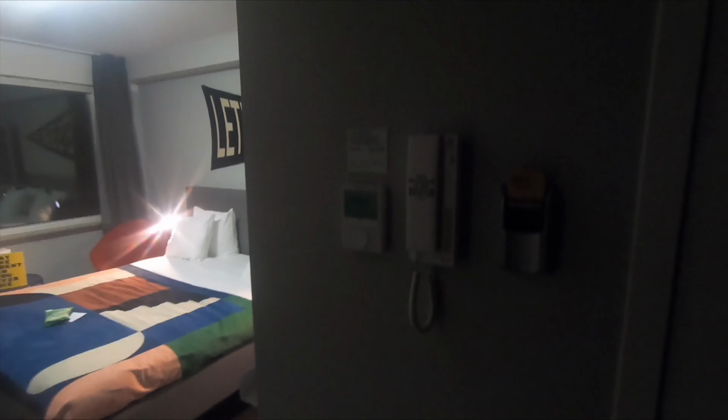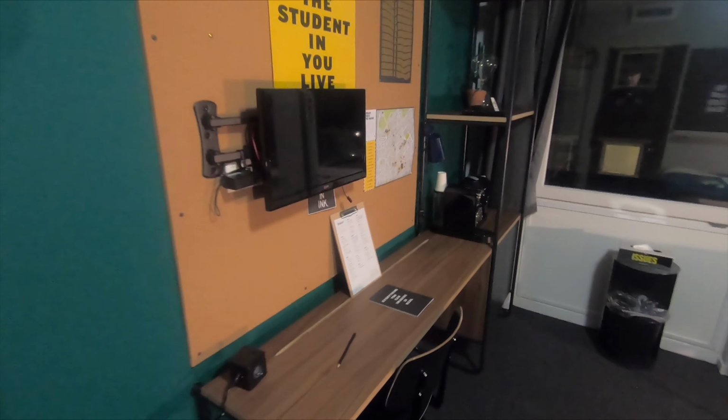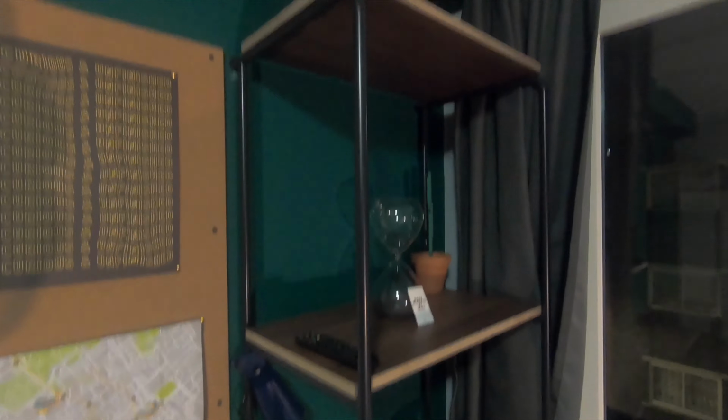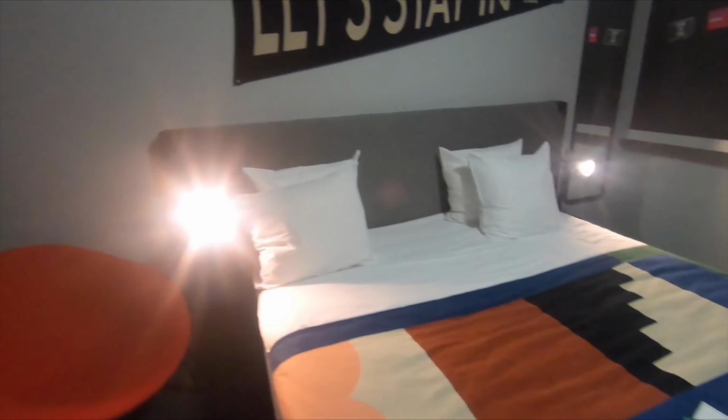Good evening and welcome to the student hotel in Den Haag, or as the Brits and the Americans say, The Hague in the Netherlands. We're here for 4 nights. 2 of us are staying in this lovely king-sized bed. 4 nights on a room-only basis, which has cost €332.60. It's a good price for The Hague, it's a good price for the Netherlands, it's not a cheap country to stop in,